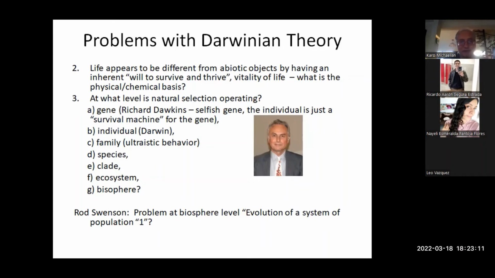There was also interesting work of Richard Dawkins, a book which he called The Selfish Gene, in which he said it was not the individual which was being selected, it was the gene that was being selected. So the individual was just a survival machine for the gene. And so the gene or the genome is what was being selected. But even that didn't make much sense.